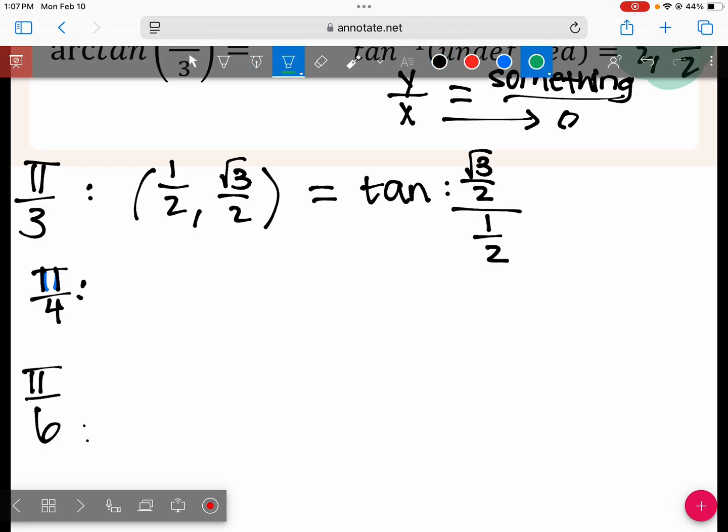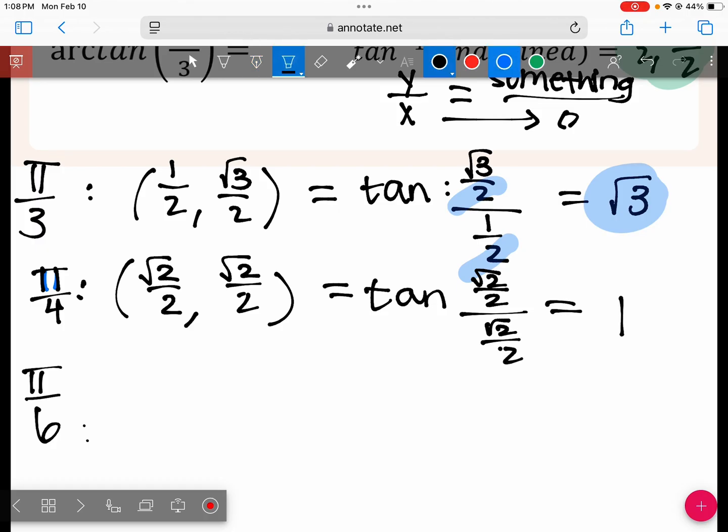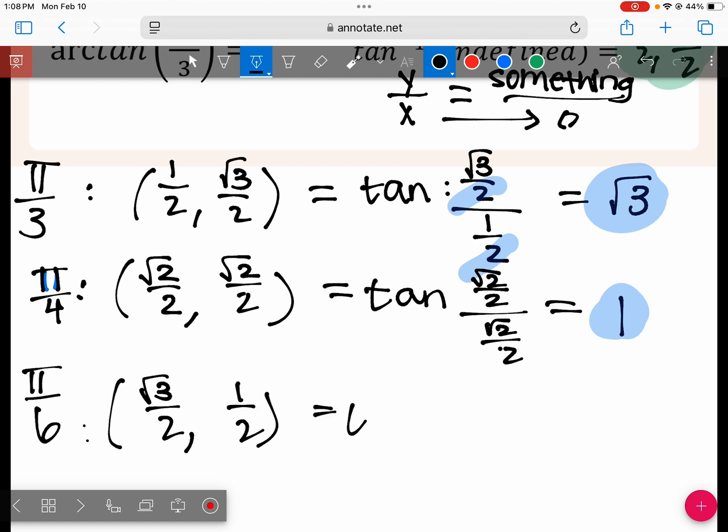So, you could do this by keep, change, flip, or whatever you want. I just like to cancel out my 2's. So you end up with a square root of 3. That is one option you can get. At pi over 4, you have a root 2. So my tangent is 1. And at pi 6, we flip our coordinates. So we have a root 3 over 2 for the x value. So our tangent